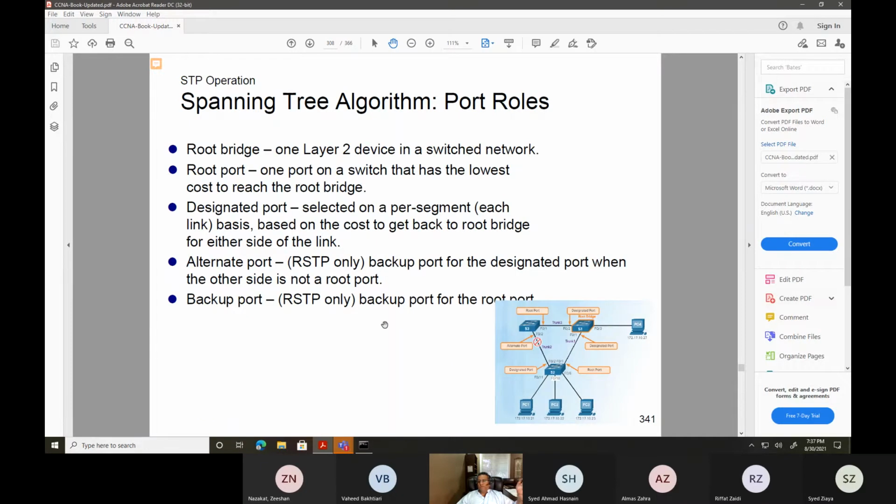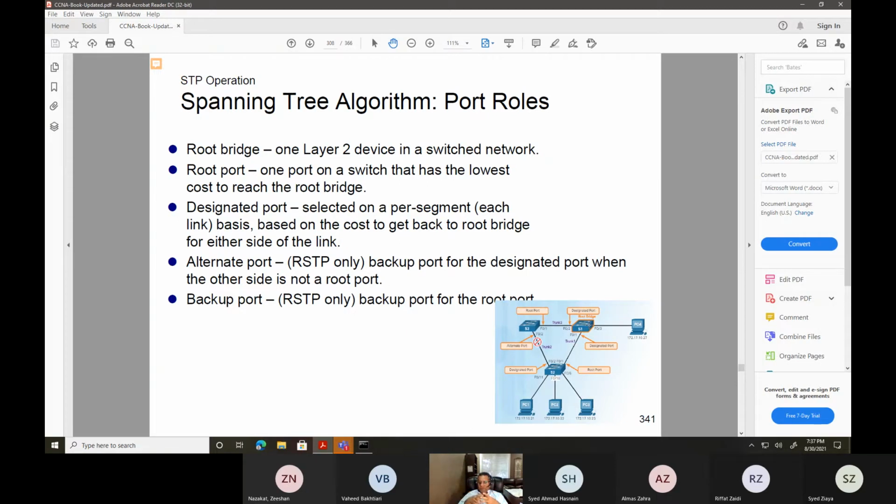There's something called port roles. There is an election that happens in spanning tree, and it selects the root bridge. Root bridge is kind of the primary switch. Any information you send, you send to the root bridge, not to any other switches.